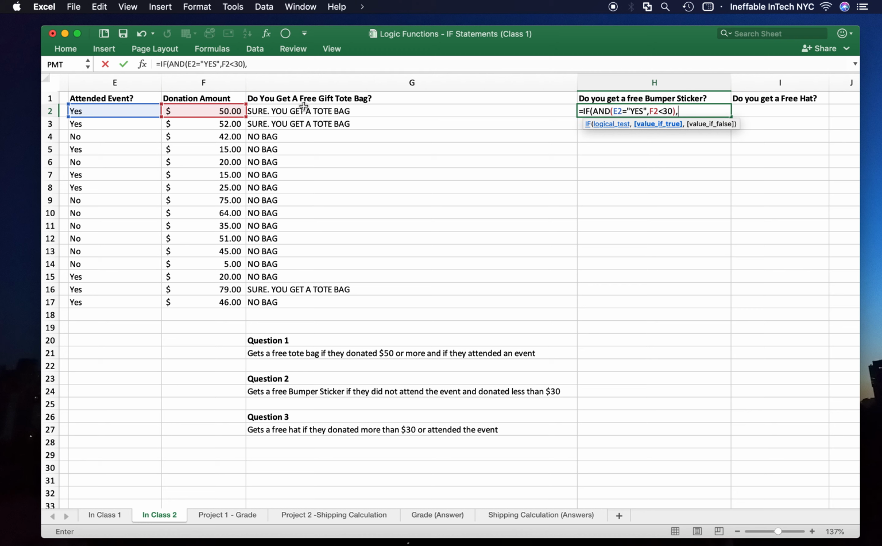And now let's put in our true and false arguments. True and false arguments are separated by commas from conditions. So we put that in. And now, okay, if they satisfied both requirements, what happens? Well, they get a bumper sticker. Please don't forget to put this in quotations. And if they don't